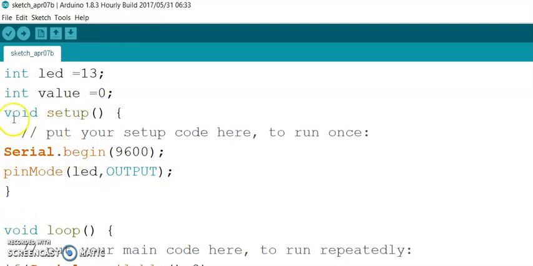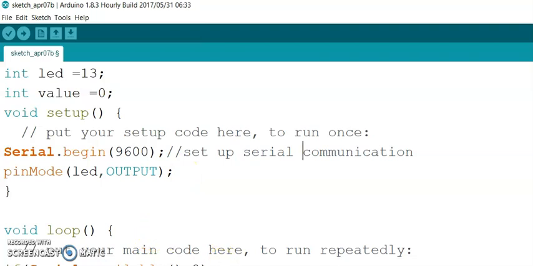Then in setup you first have to set up the serial communication, which we have already looked at in our previous session. Then as pin number 13 is selected, we have to declare its functionality, whether input or output. In the last sessions we have seen how to declare it, using pinMode LED pin, which is 13, must be OUTPUT.